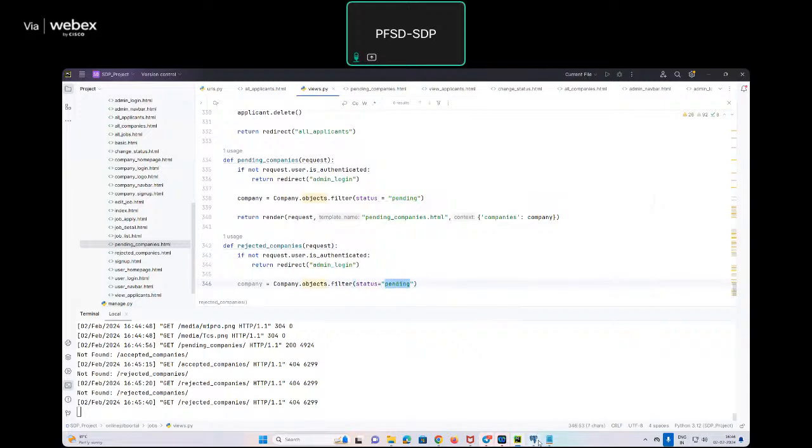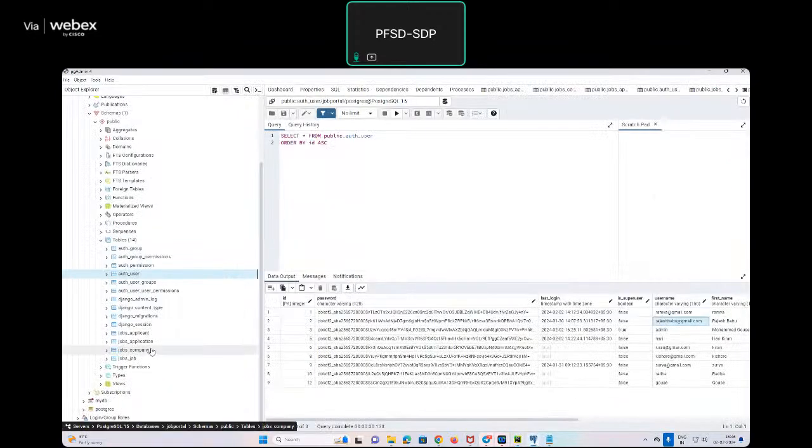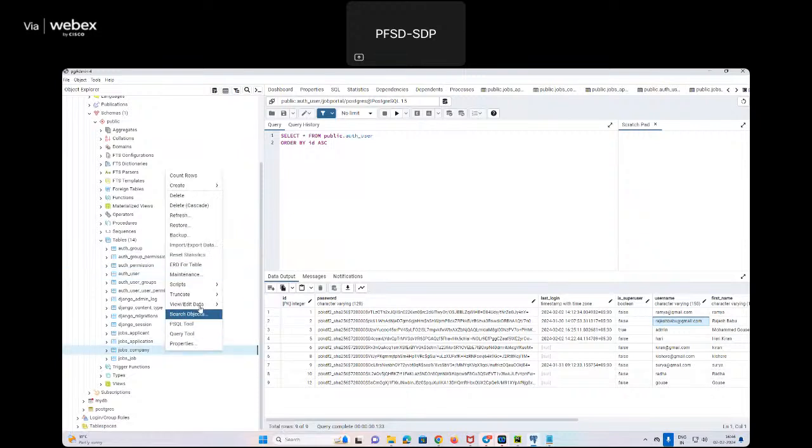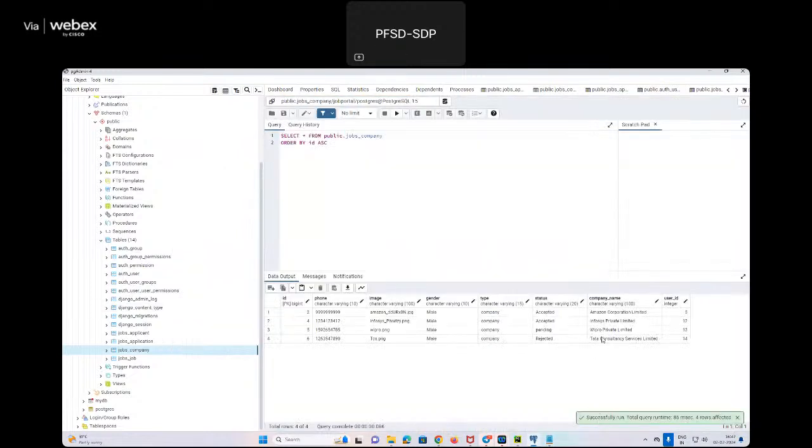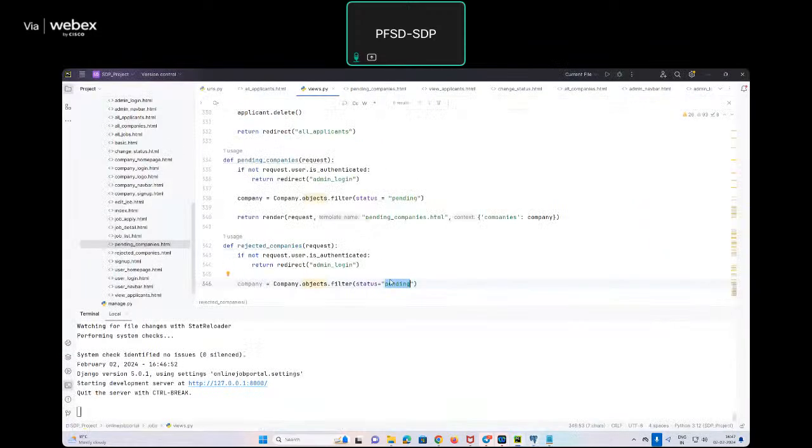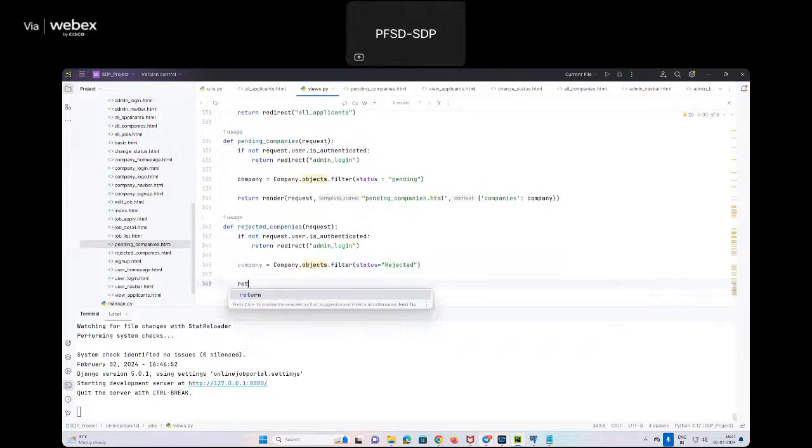Instead of that, if you observe these companies' status, rejected has R capital, accepted has A capital. Remember, this is very important. Rejected. Same. Then return